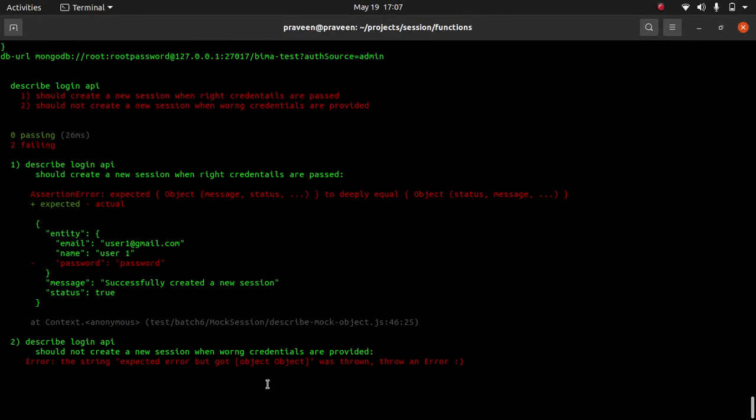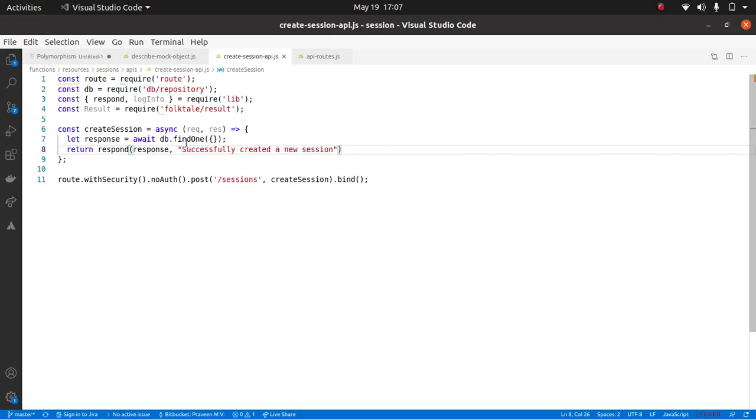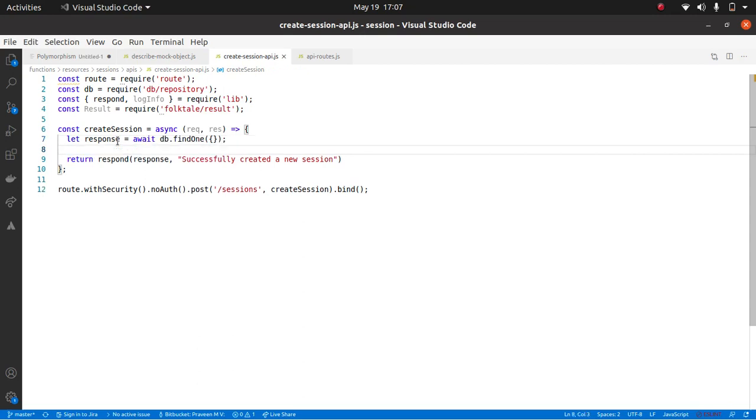I'm going to pass that. It is not passing because the database is returning the password also, but we don't want to send the password, right? So now what I will do is write the logic. Do you guys remember when result? When to use when result?